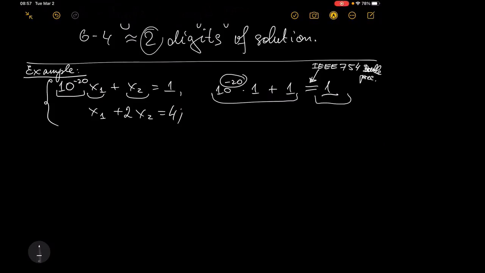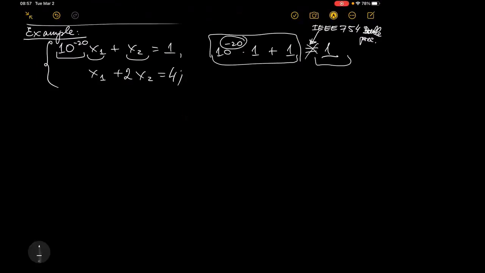So as a result, for example, x1 equal to 1 and x2 equal to 1, right? Although analytically we know that this is not right, our computer will not be able to distinguish these two numbers: 1 plus 10 to the minus 20 and just 1. Okay, so this is just a simulation of the problem which we can get if we are solving